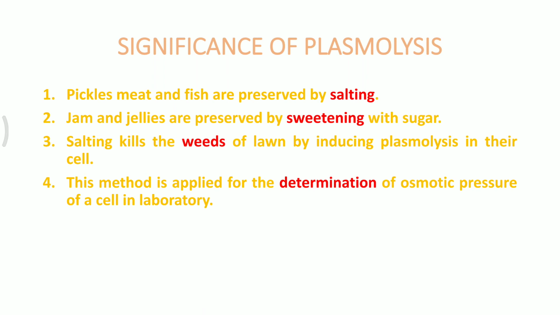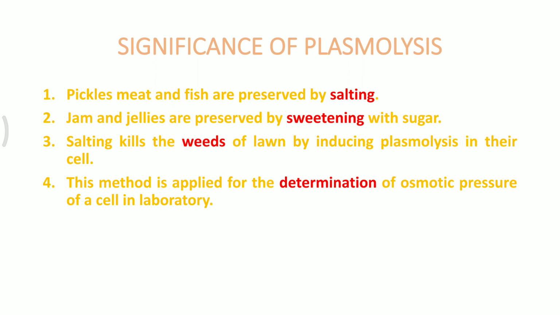Salting kills the weeds. Weeds are unwanted plants which are growing in the garden, and we can just sprinkle salt over them. Think about the salt. The function will be the same. It will plasmolyze the cells of the weed, and as a result, the plant will die. So the weeds will be dead. It will also harm the normal plants, but we want to kill the weeds, and for that, this is the best way. Sprinkling of salt over the weeds is a technique by which we can remove the weeds from the garden.